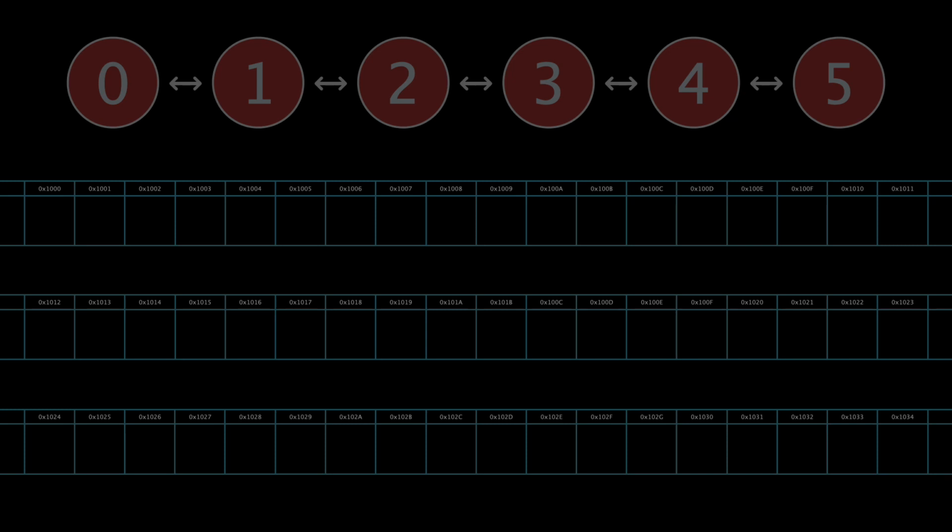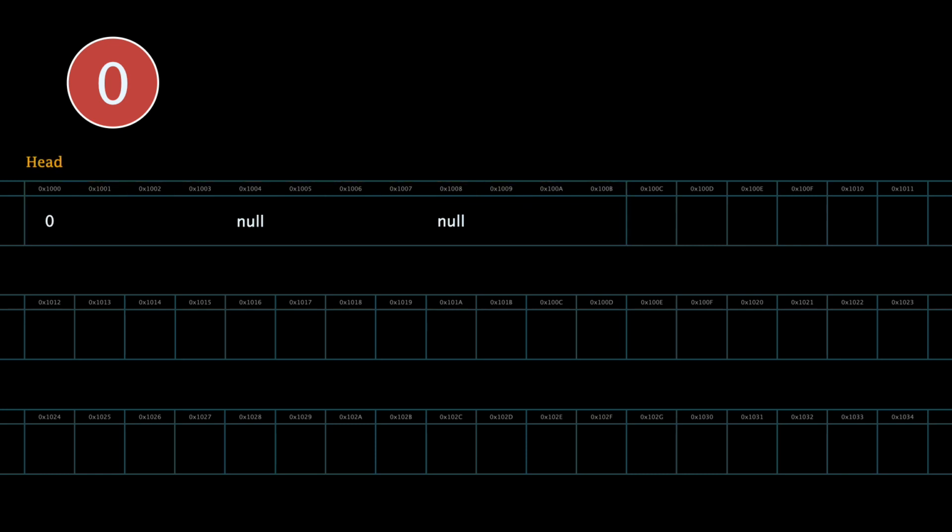How do the nodes of a doubly linked list, such as the one you're looking at right now, actually store in memory? Like before, we need to reserve a contiguous block of memory for each node, and in memory, each node will occupy 12 bytes: 4 for the value, 4 bytes for the previous node's address reference, and 4 bytes for the next node's address reference. Both references start off as null because there's no other node before or after, and the first node is called the head. And as you know, the programmer has direct access to the head, they can use it to enter the list. Now let's say you want to add a second node to the list.